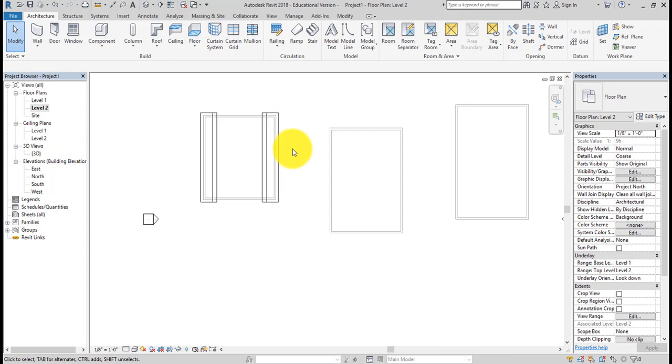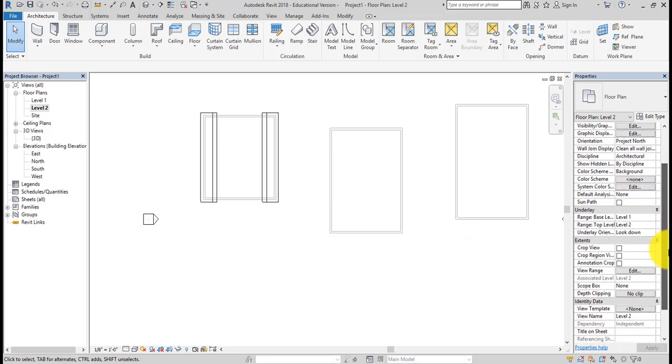So if you wanted to see the whole roof, over in properties for level 2, I'm on level 2 now, so double click on level 2 under floor plans. Be careful that you're not using ceiling plans level 1 and 2. And so we're in level 2, and over on the right hand side, if you scroll down, you'll see view